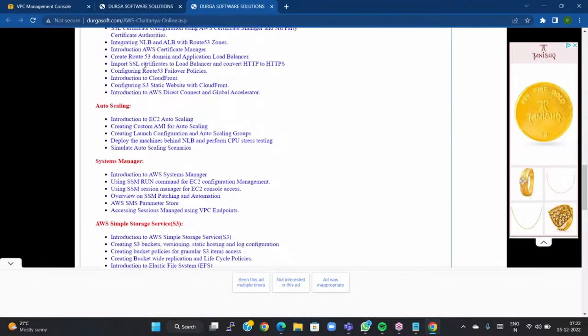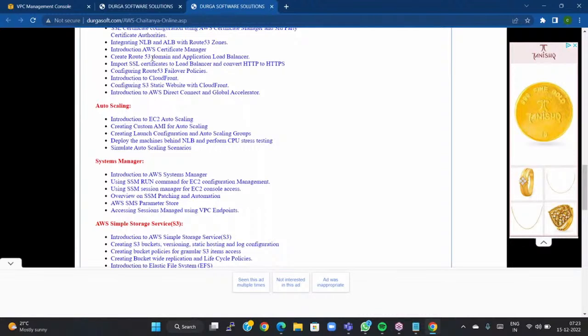Certificate Manager is also one of the services included in AWS itself. In AWS there is a service called Certificate Manager, and we will learn how to generate the certificate. These are all the things that we are going to learn. And then what is meant by Route 53, and how to provide a domain name, whatever domain name we purchase from third-party websites like GoDaddy or Namecheap. These are domain name providers. With the help of GoDaddy or others, how can we integrate the third-party domain name with my